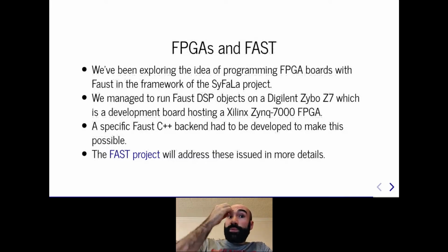So we managed to run Faust DSP objects on a Digilent Zybo Z7 board, which is a development board hosting a Xilinx Zynq 7000 FPGA. This is currently done through high-level synthesis by compiling Faust programs to C++ and then to an IP core. A specific Faust C++ backend had to be developed to make this possible.